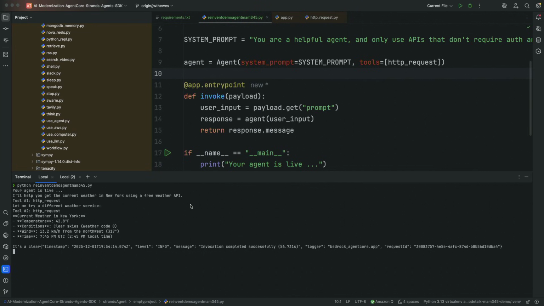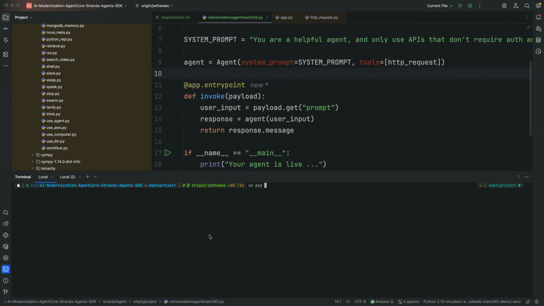When you're doing this with infrastructure as code, you need to pass some attributes and some configuration items, and this is something we will see here in a second by making use of another package, and I'm trying to install this now. This is not mentioned in the requirements.txt because I just want to make use of it in the IDE. It's called Bedrock AgentCore Starter Toolkit, and as this is getting downloaded, I can now just say AgentCore configure, and pass through my